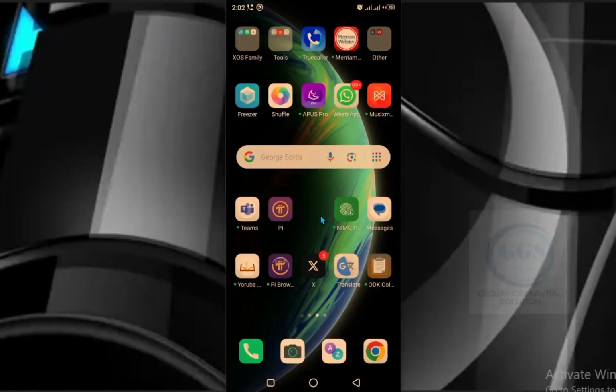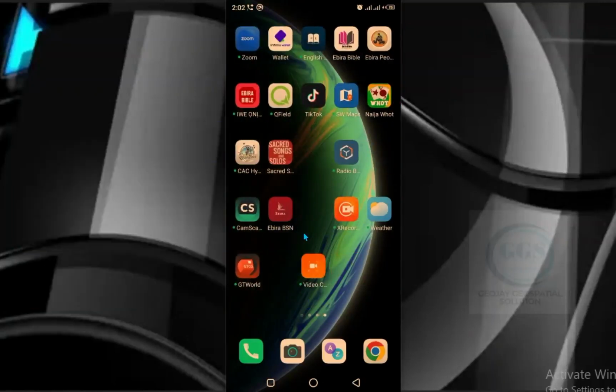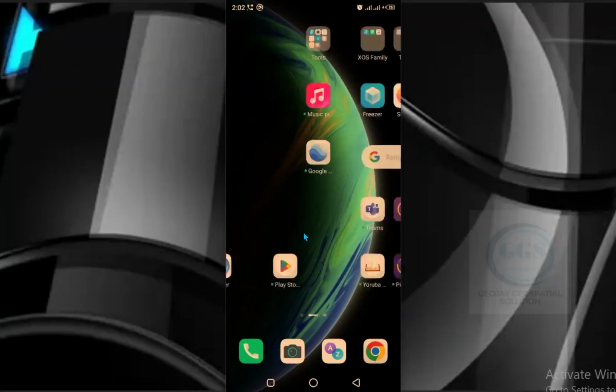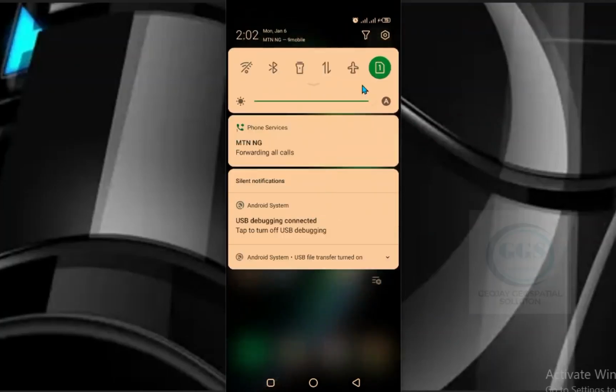In this video, I want to show you how to make your Android phone faster. If your Android phone is lagging behind or is not as fast as it ought to be, in this video I want to show you how to make it faster. To do that, just come to settings,